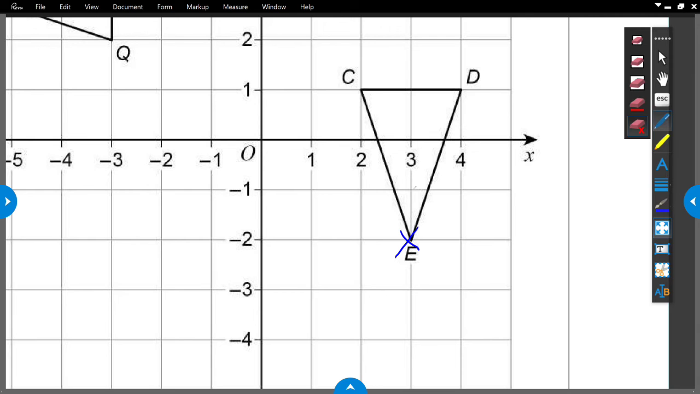An easy way of thinking about rotations is taking it corner by corner. So we'll take corner C to begin with. To get from point E to corner C, I go across one to the left and then up 3. So instead of going across one to the left, if I was to rotate that around 90 degrees,